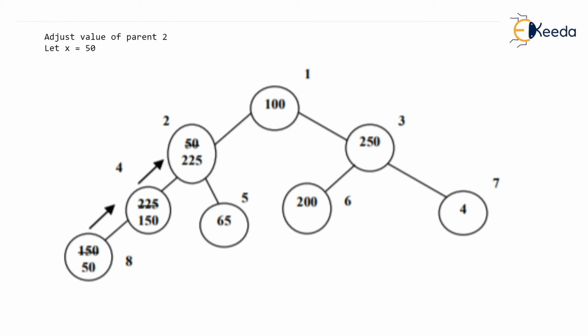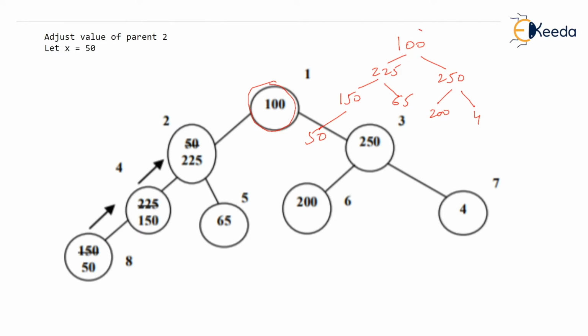All right. Now, before I show you the next diagram, where we will be adjusting the first parent, let us find whether we have understood this procedure and then we will see the answer. Now we have 100. To the left, we have 225. To the right, we have 250. Then just watch, this is the latest heap that we are having, 65. To the left of 250, 200. To the right, we have 4. And to the left of 150, we have 50.